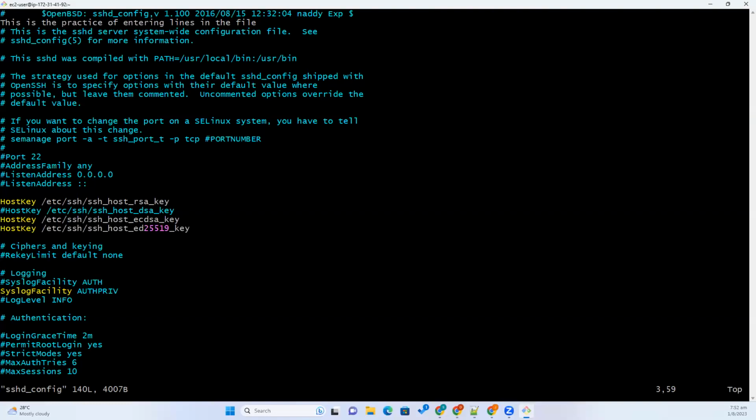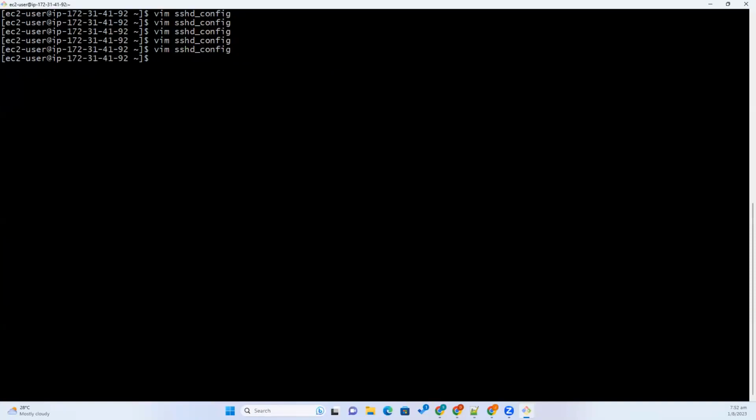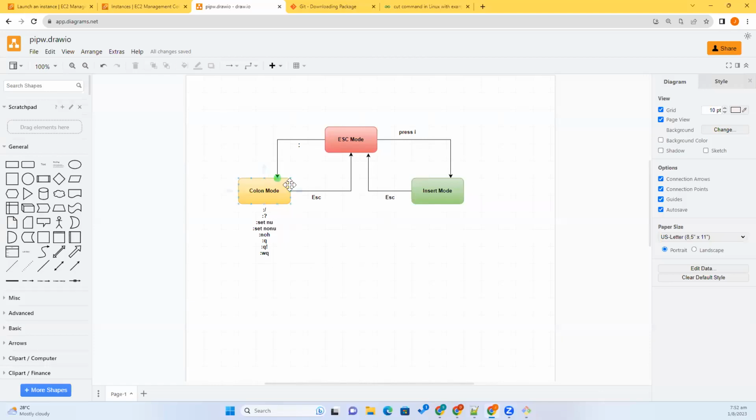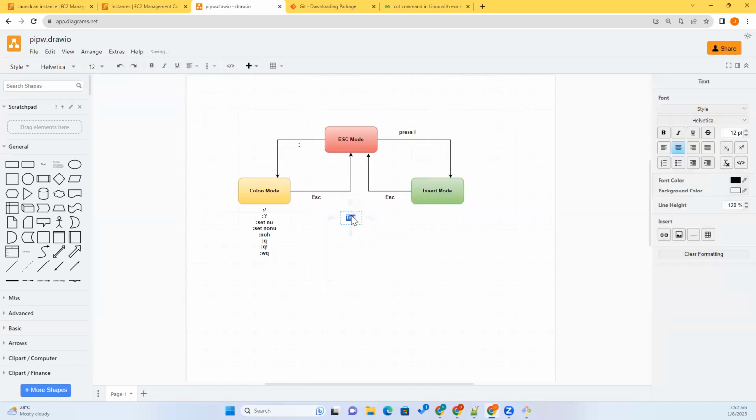Now I'm in escape mode. To come out, colon q, Enter. So these are the options available, mostly useful options in colon mode. Okay, and in insert mode, there is only one option, pressing i and entering the text. And now when it comes to the escape mode, there are a few options. That is,